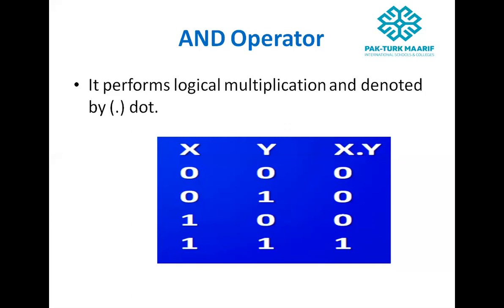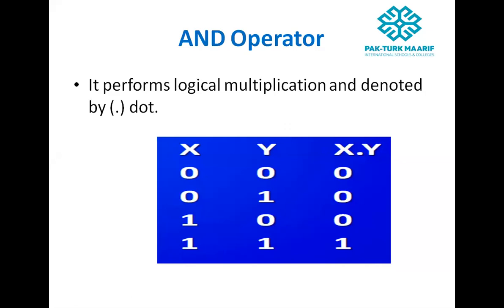The AND operator performs logical multiplication. Logical multiplication is used inside digital computers, and the result will be either true or false. In ordinary multiplication, like 2 multiplied by 3, the result is not 0 or 1, but 6.